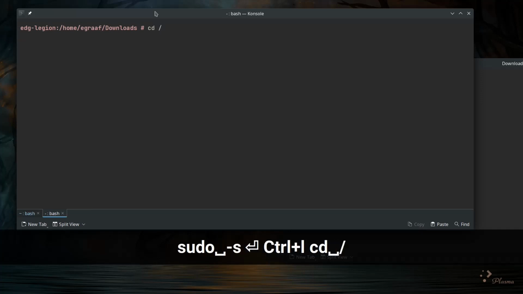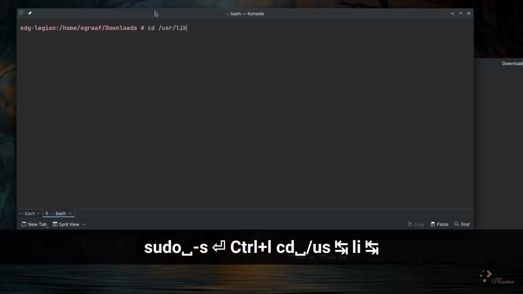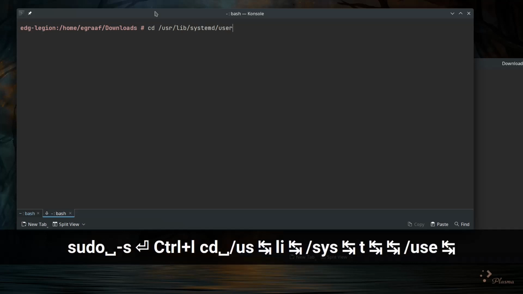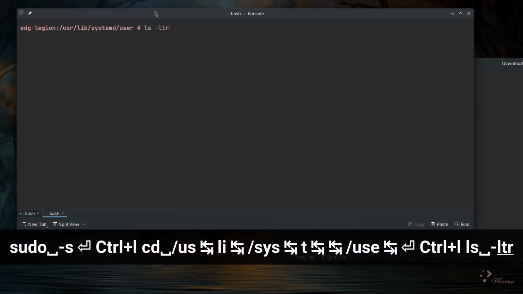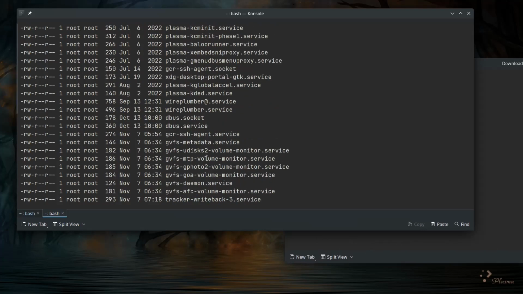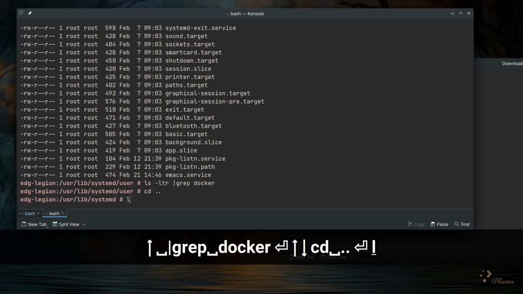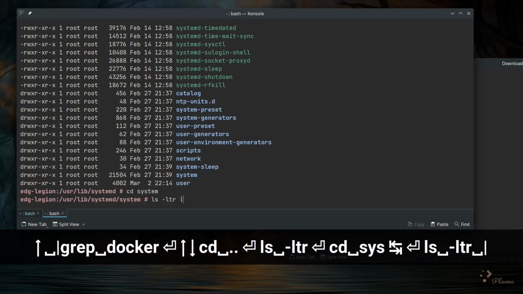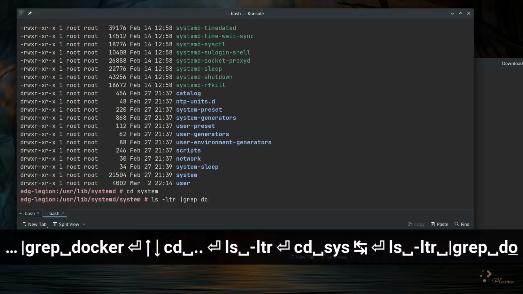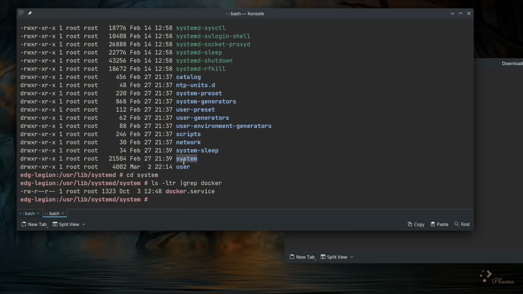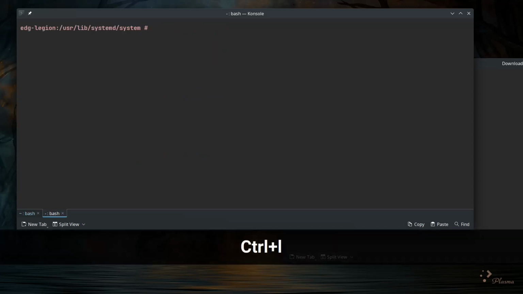So if you go to cd /usr/lib/systemd, and for example user, here, these are all files, so service files. So here you have user files and you have system files, and as you can see here, Docker is also one of these. So let's cat